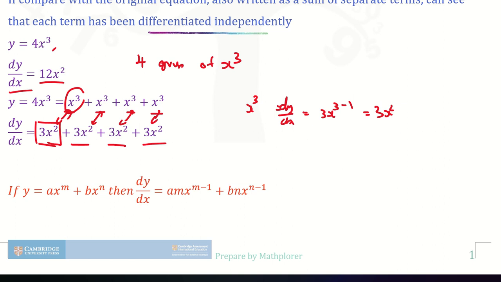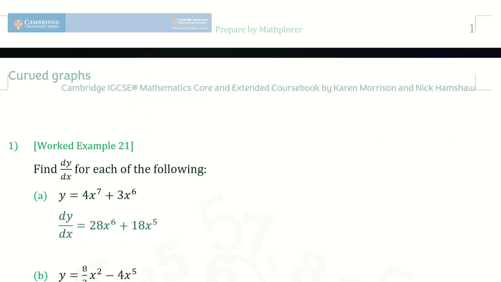Okay, so therefore 它就得出一个 conclusion。If y equals to ax raised to the power of m plus bx raised to the power of n，那么它的 derived function 就是 m times a，即 amx raised to the power of m minus 1，plus b times n，即 bnx raised to the power of n minus 1。如果它是 minus 的话，我们就把加变成减，exactly the same thing。记得当你遇到 more than one term 的时候，每一个 term 都 differentiate independently 就可以了。